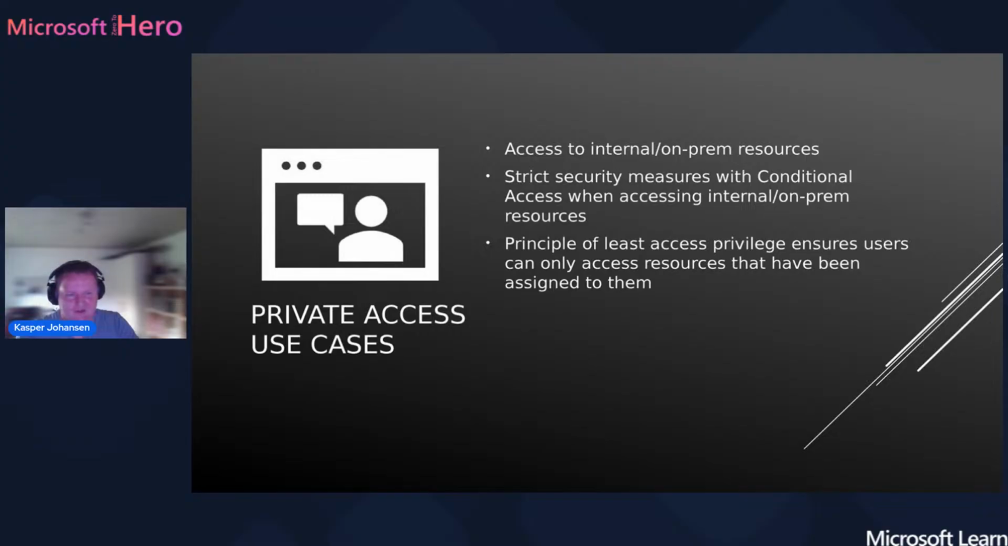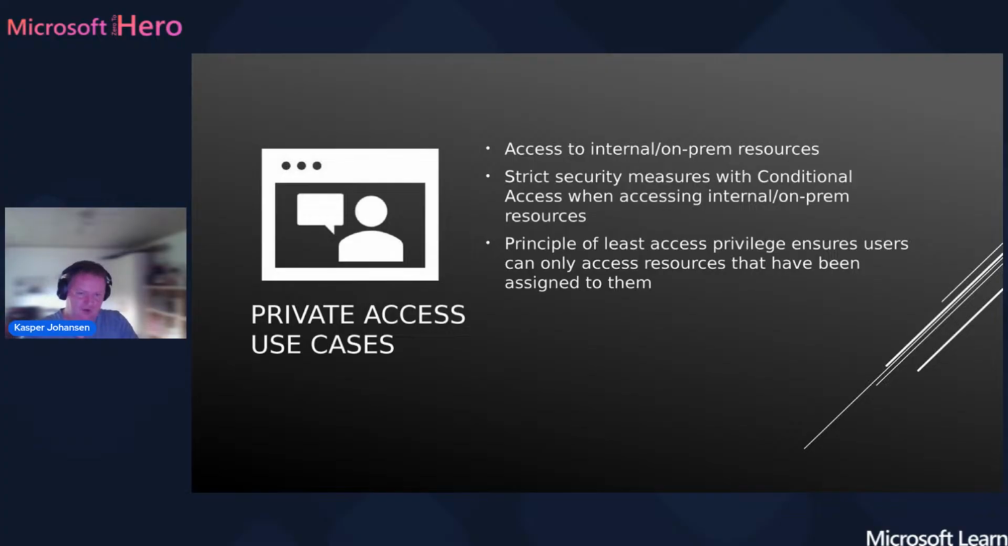As mentioned, we will be focusing mainly on private access. And as mentioned, the use cases are internal on-prem resources. We can apply strict security measures with conditional access when we are accessing all or some on-prem resources. Again, if you are accessing confidential or sensitive material on premises on your local file servers in your own data center, we can actually enforce that you will have to go through conditional access and provide some kind of additional layer of security. And then there's the principle of least access privilege, where we can provide the user with access to only